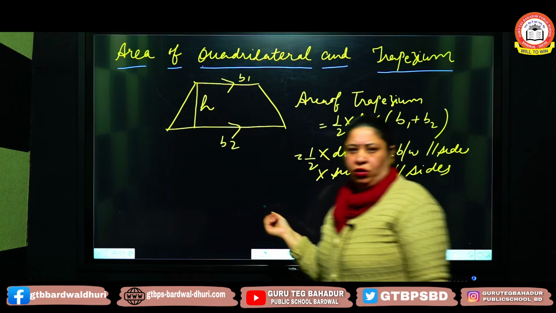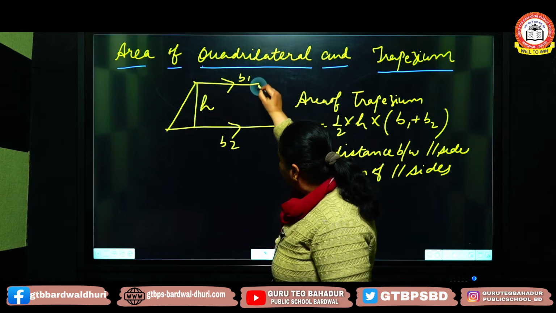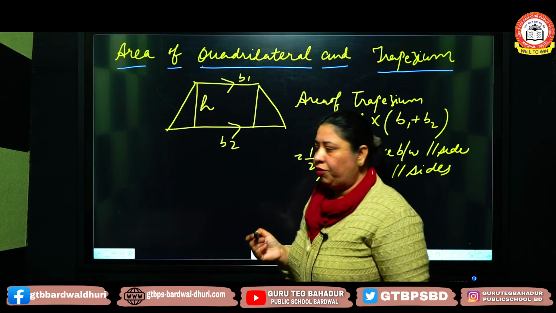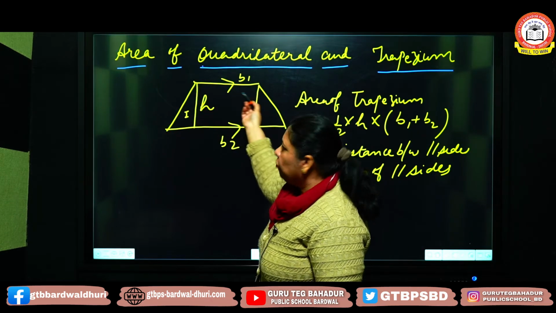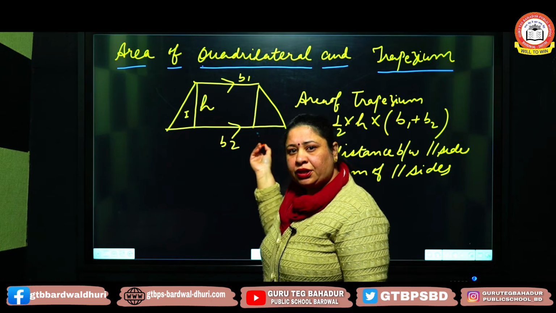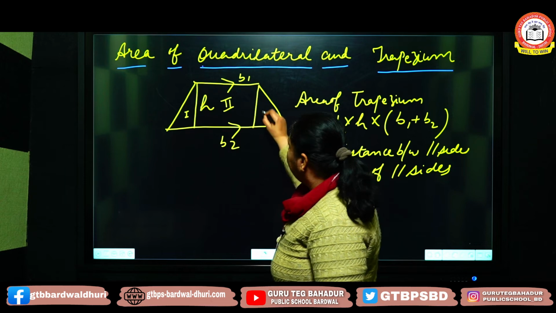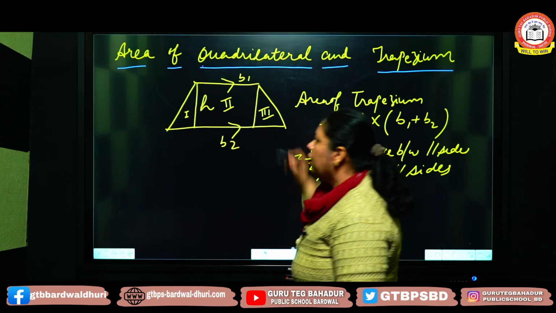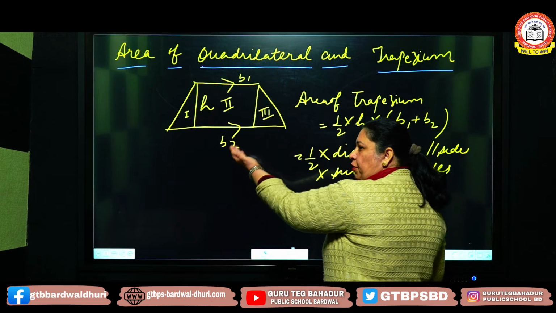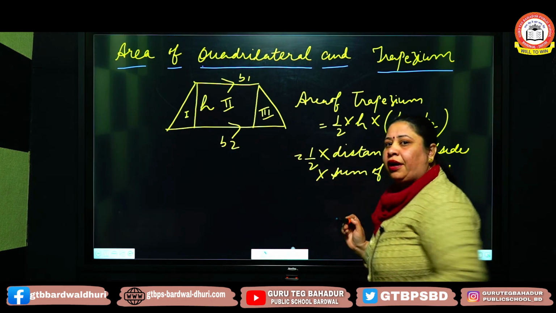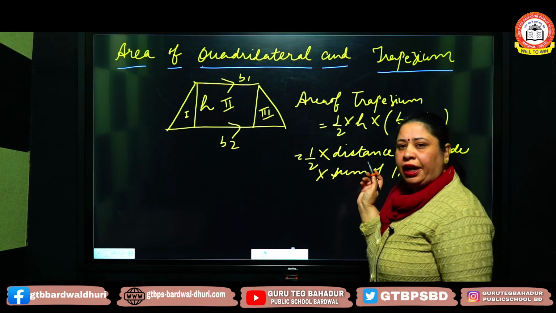But sometimes we forget the formulas. Again, as a method, we can divide this trapezium into three regions. One is a triangle, that is the first region. Second, sometimes we will get a square, sometimes one rectangle, the second region. And the third region. So divide into three parts: first the triangle's area, second the rectangle area or maybe square area, and third a triangle. After that you can add. So let us illustrate with the help of one example.